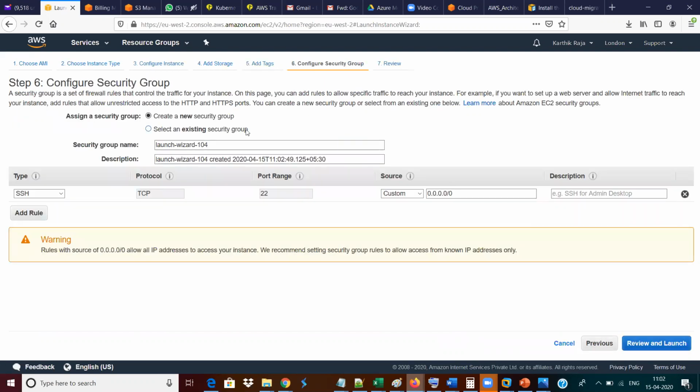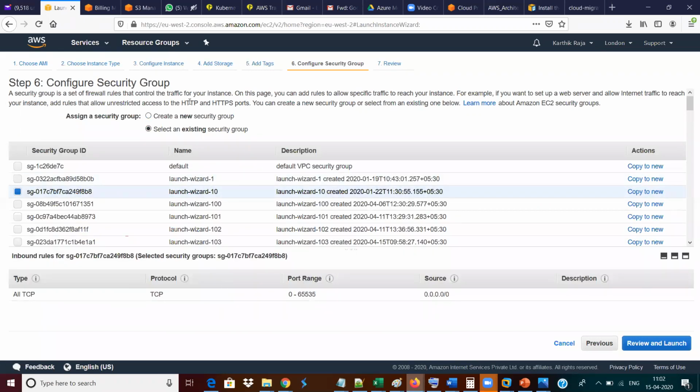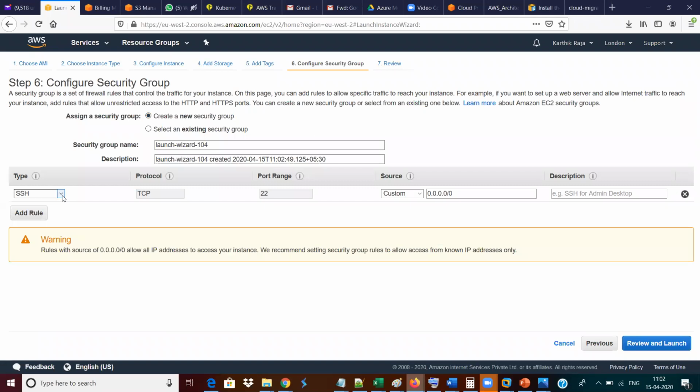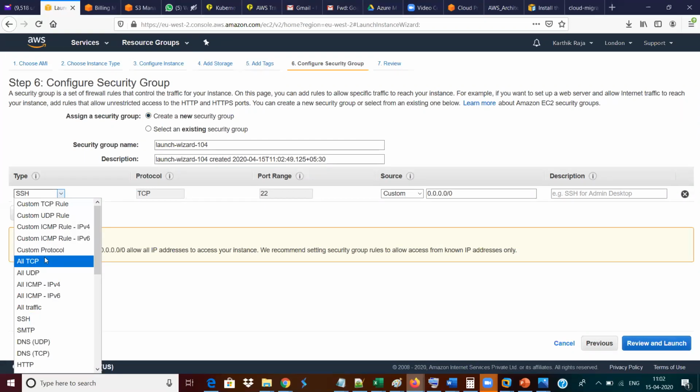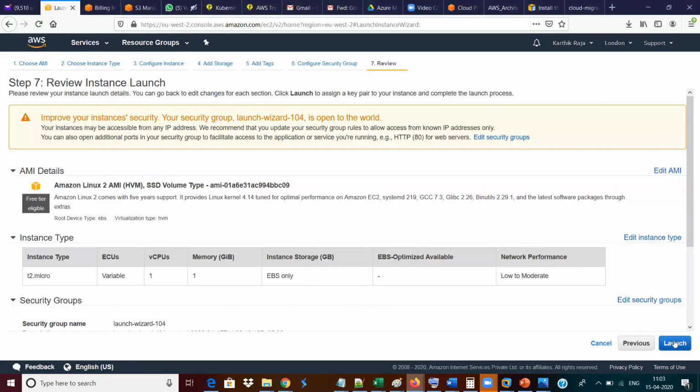For the security group, I'm going to use the existing configuration with all TCP. Usually, when creating it, you can choose the option called all TCP, which is available here. If you choose that option, all the port numbers will be opened. Whenever you are creating an EC2 machine for DevOps, make sure that you choose all TCP. Why? Because with DevOps tools, we may not know in future what port numbers will be needed. Since it is not a live environment, we are going ahead with the all TCP option itself, and I'm going to review it and launch it.